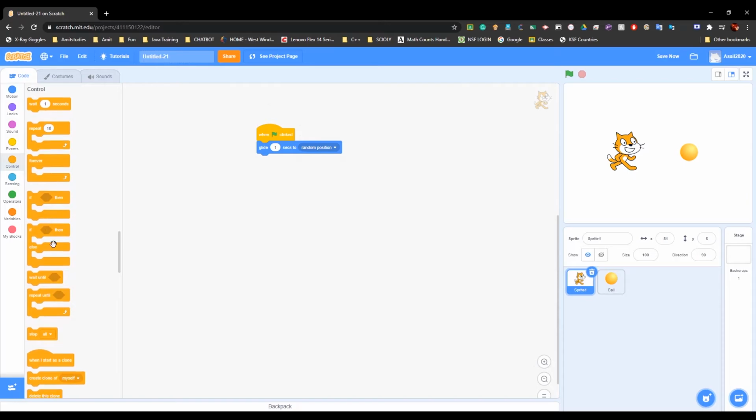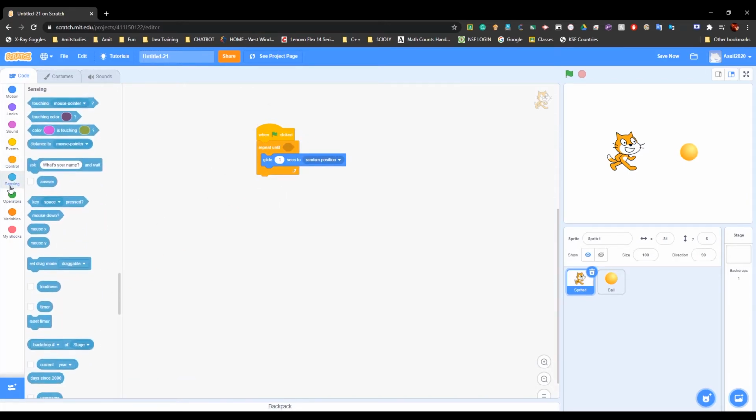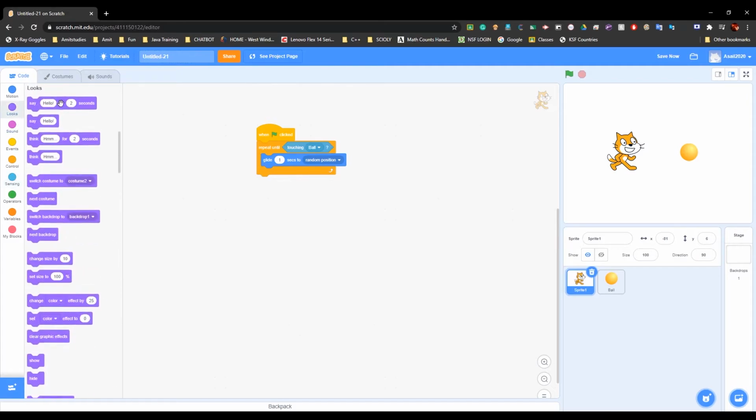So, let's think about this. Repeat until touching ball. So, repeat until touching ball, glide 1 second to a random position, and once it touches the ball, it'll get out of this loop. So now, once it's out of the loop, we wanted to say,